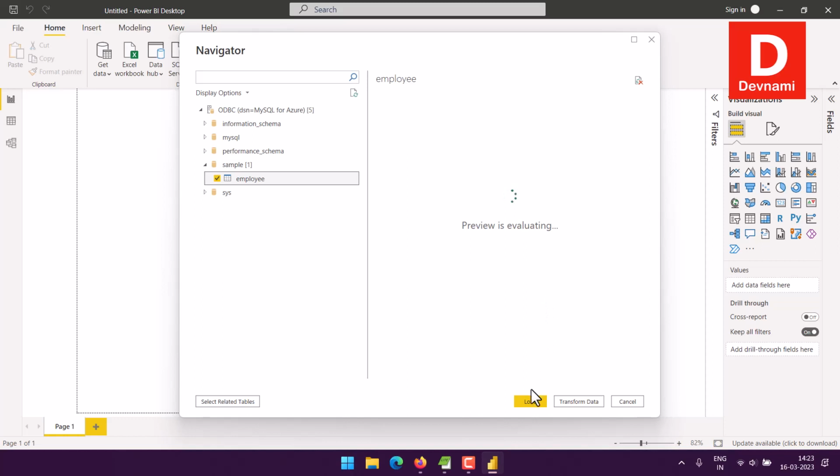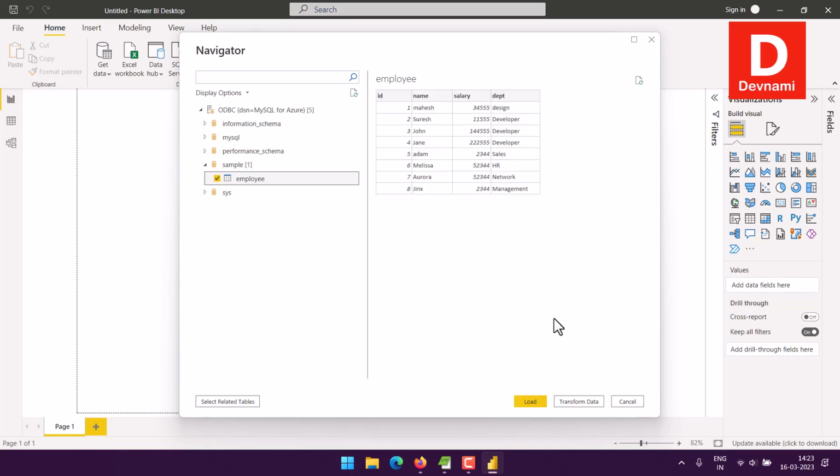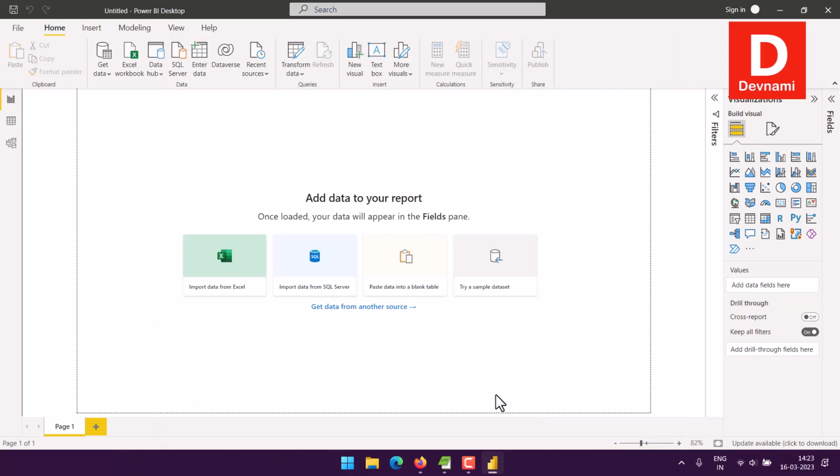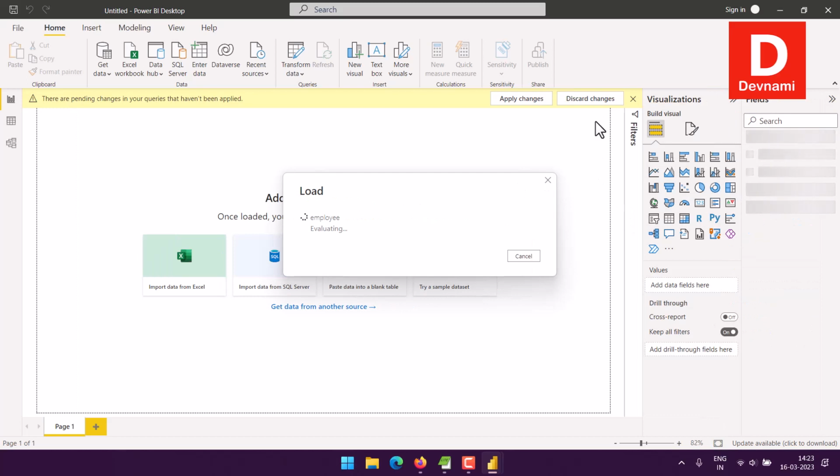If it works out, we can load the data, and though it's not something visualization friendly or even something we can use upon, it's HR data. As you can see, let's see if we can use load, and it should go into the fields. So it does work actually, everything we have got, right? It is asking me to apply changes. As you can see, all the rows are being pushed, 7 or 8 rows,